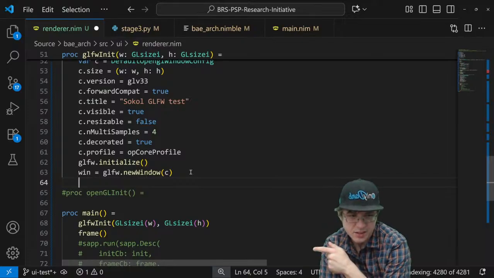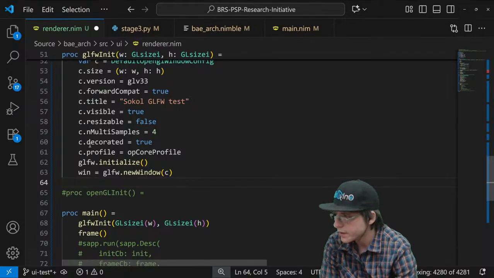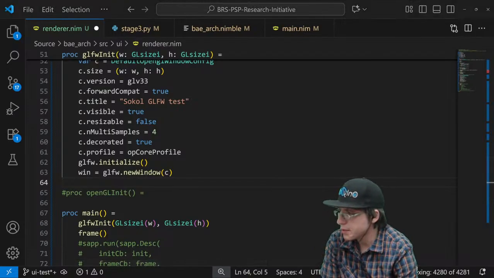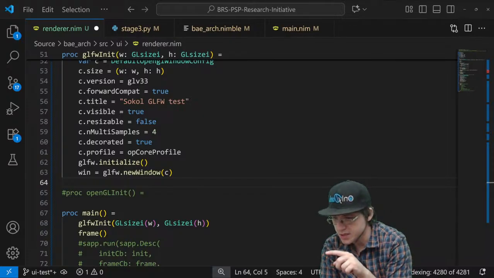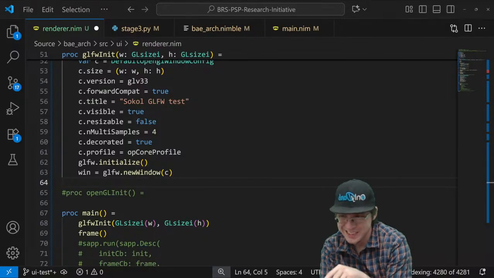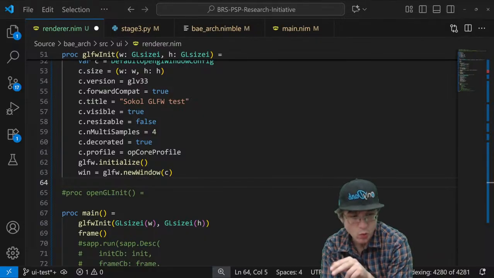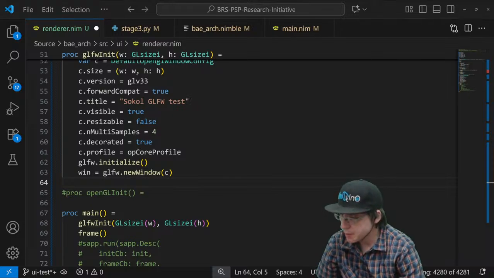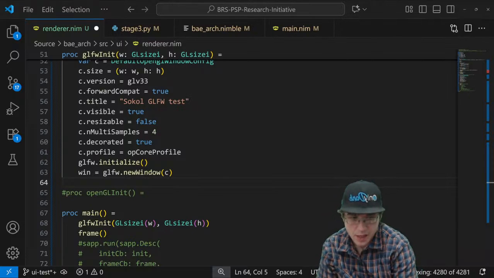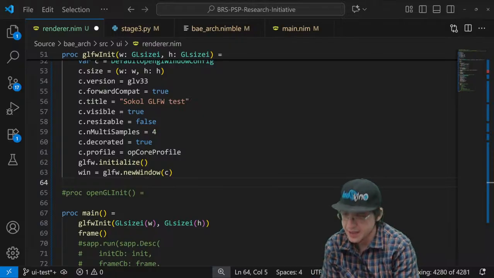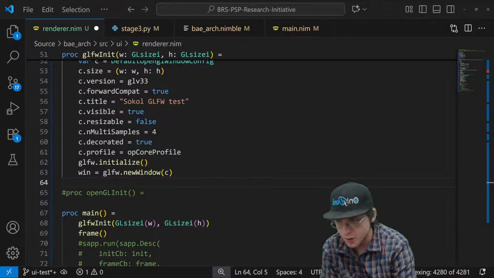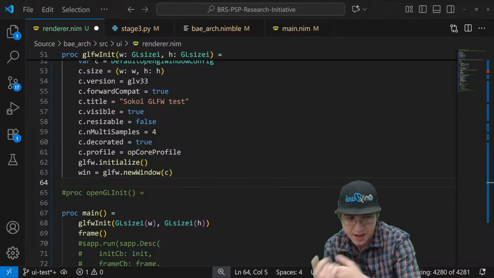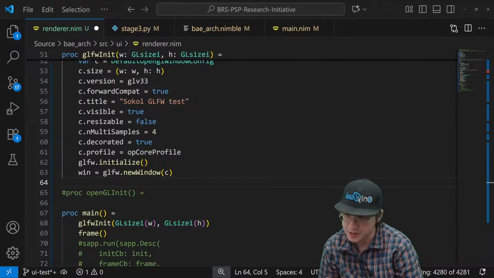I need to also check to see how GLAD is loaded in Koi. So I'm using the GLAD bindings for Koi because they are much more up to date than the official ones from OpenG, the new OpenGL library. I'm somebody who's big on libraries being supported and actively updated. Now, they can be out of date by a little bit, but if they're a year or two old, then I look for something else, or I try to build my own if I need to.